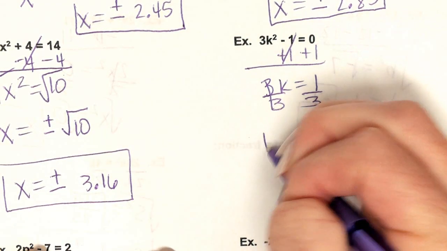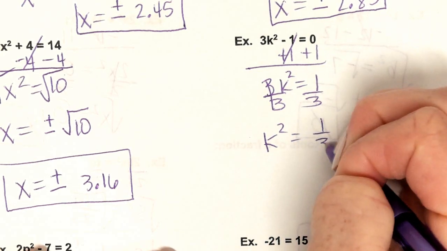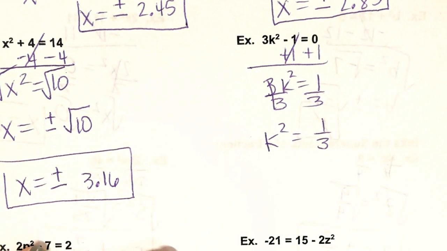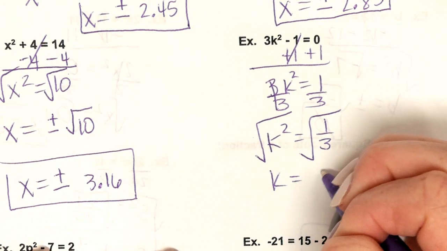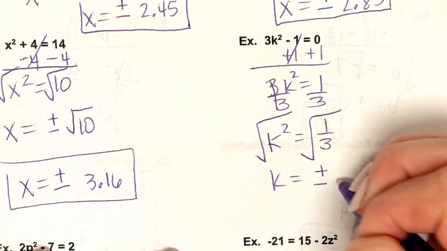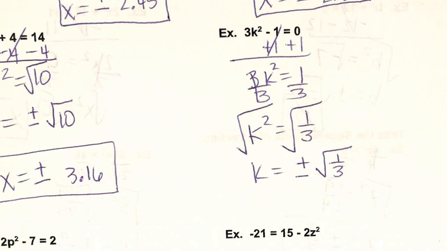And I'm left with k squared is equal to a third. How do I get rid of the square? Square root both sides, and I'm left with k is equal to the positive and negative square root of a third. Since it told me to round to the hundredths place, I have to take it a step further and